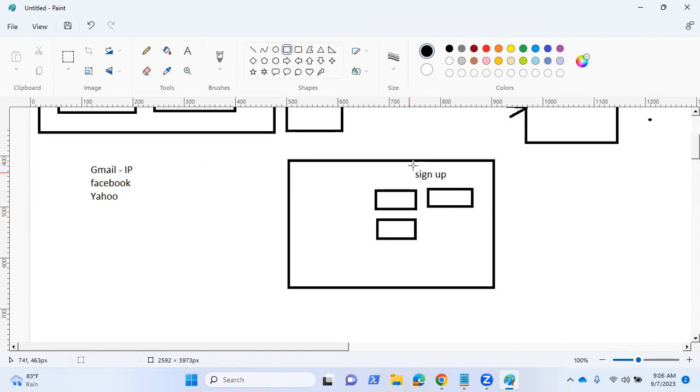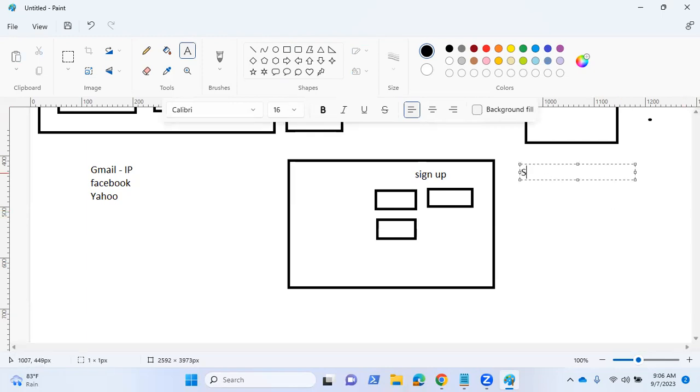There is a user flow behind this sign up. There is a whole life cycle behind sign in, and behind sign up, when you see a sign up button, then there is a